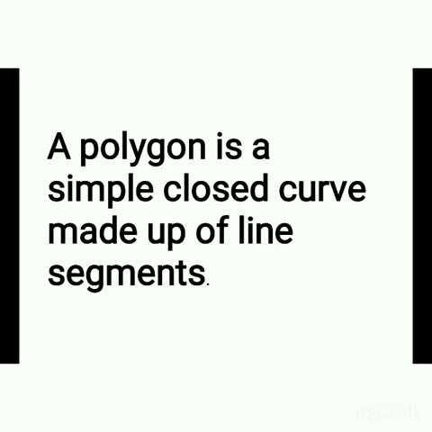From the polygons, two basic polygons we have already discussed. What are they? Triangles and quadrilaterals. We discussed triangles and types of triangles. Also what is a quadrilateral and types of quadrilaterals. So a triangle is a polygon, a quadrilateral is a polygon. A three-sided polygon is known as a triangle. A four-sided polygon is known as a quadrilateral. So we can see more about polygons.